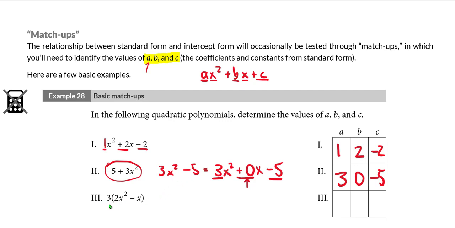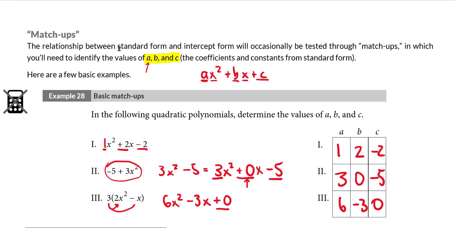In Roman numeral 3, this is one of those cases where I have to be careful to distribute that number outside the parentheses before I determine what my A, my B, and my C value are. So this is going to be 6x squared minus 3x, and again, for clarity's sake, I'm going to write that plus 0. My constant term is a 0, which is why it's not written over here. So I have a 6, a negative 3, and a 0. So those are just 3 quick examples that allow us to very simply and easily, hopefully, identify our A, B,